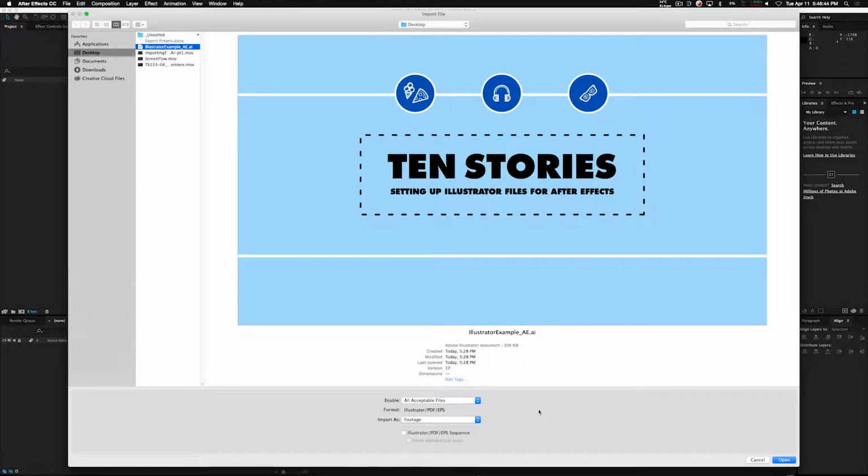Before clicking Open in the dialog box, let's look at the Import As drop-down menu. It usually defaults to footage, but for our purposes, let's set that to composition, retain layer sizes. Footage will import the file as a flattened image. This is useful for when you don't need to animate any individual pieces of your file, or if you're importing only a single layer. Alternatively, composition brings your Illustrator file in with each layer separated how it was in Illustrator,